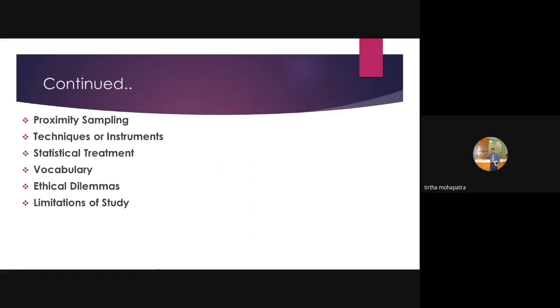Sir, I have one doubt related to how to code the data. Mostly the questionnaire, when we code the questionnaire, how to do it? What is the process? Which scale you should use, or what are you asking me? No, for feeding the data into Excel or SPSS, we have to code it. How to code it actually? Let me just finish this theoretical part, then moving on to the practical part, I'll tell you. Okay, okay, sir.